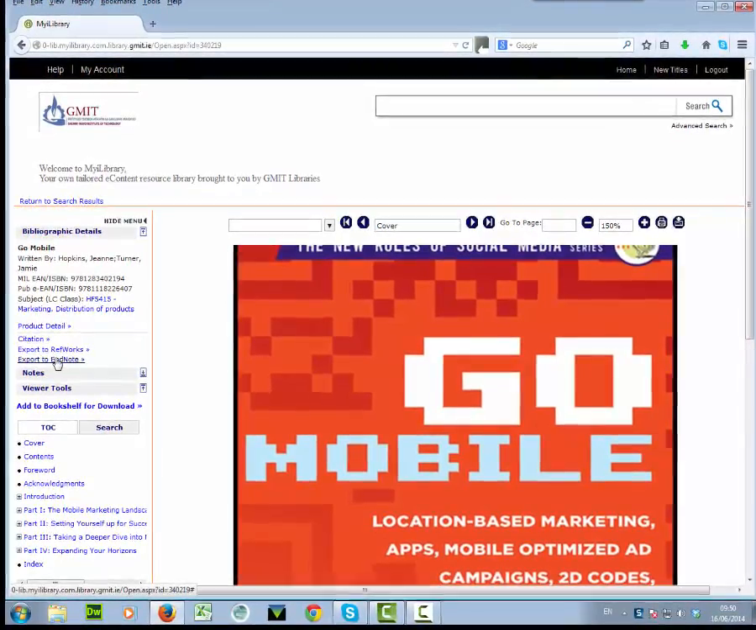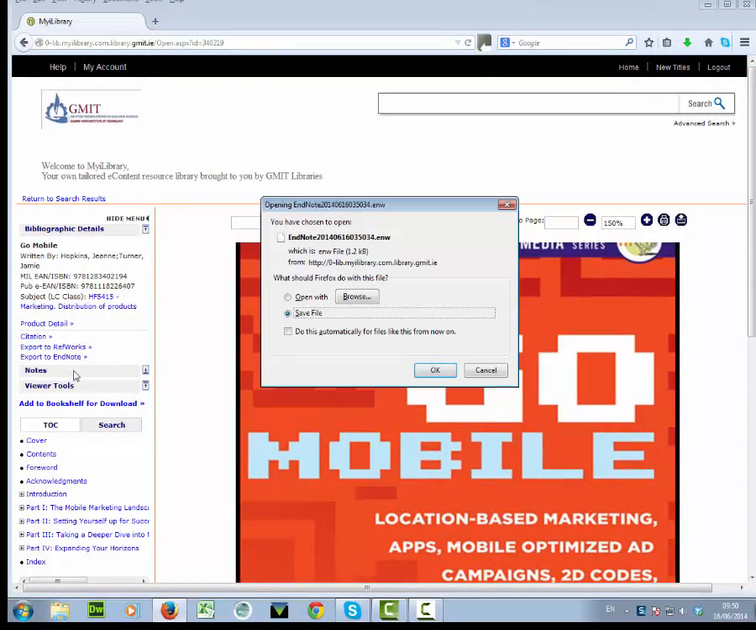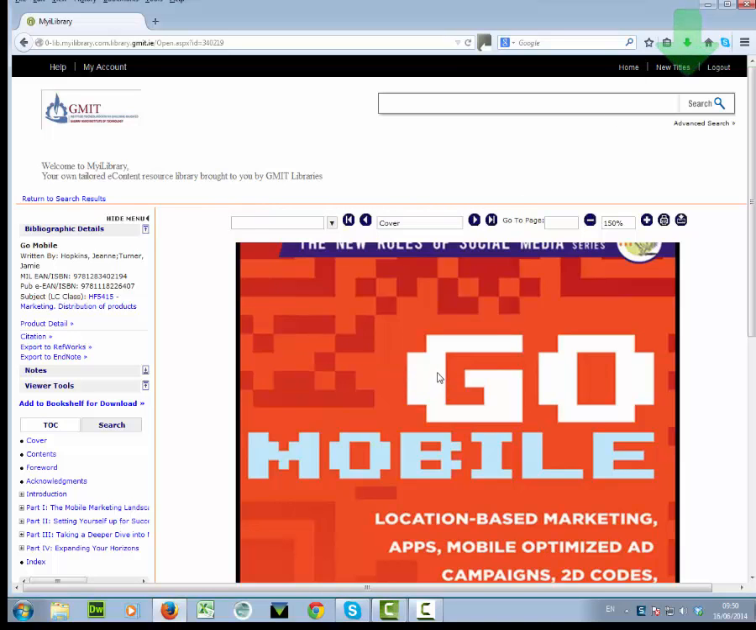So the other thing you can do is export it into EndNote. So if you're keeping all your bibliographic details in EndNote, you have the option there. So if you do a save file and then log into EndNote separately,